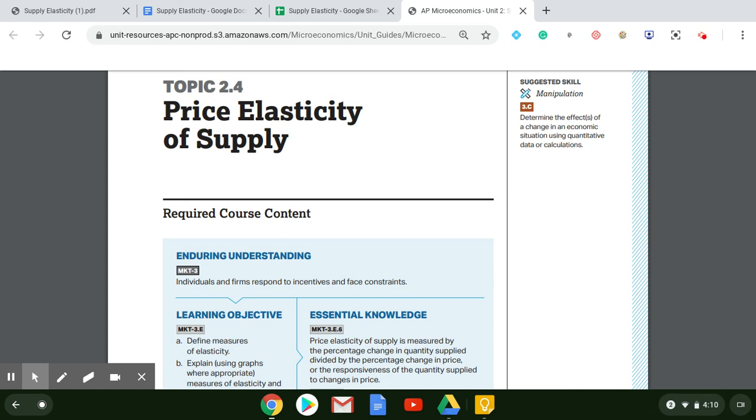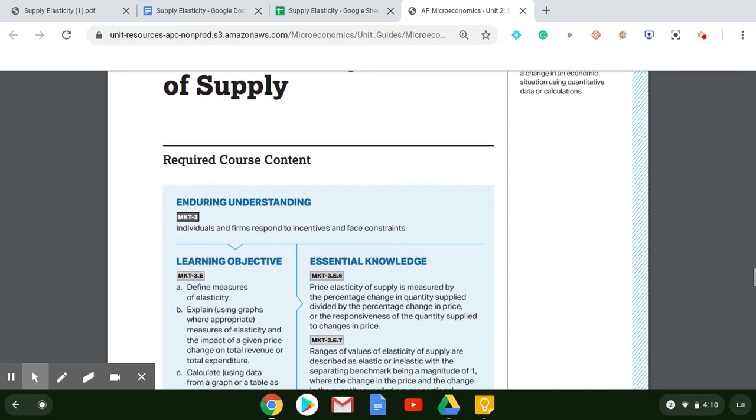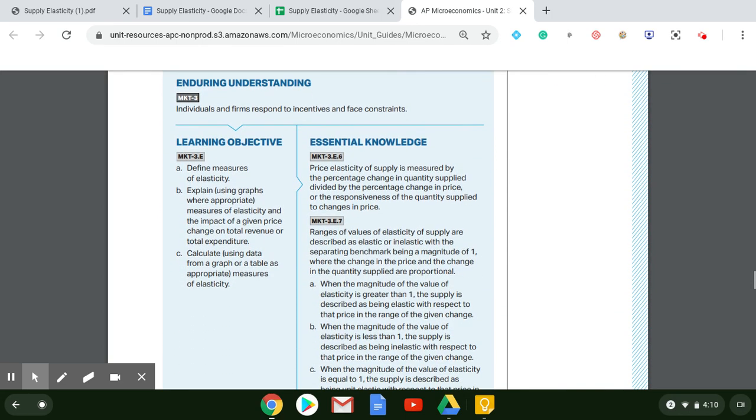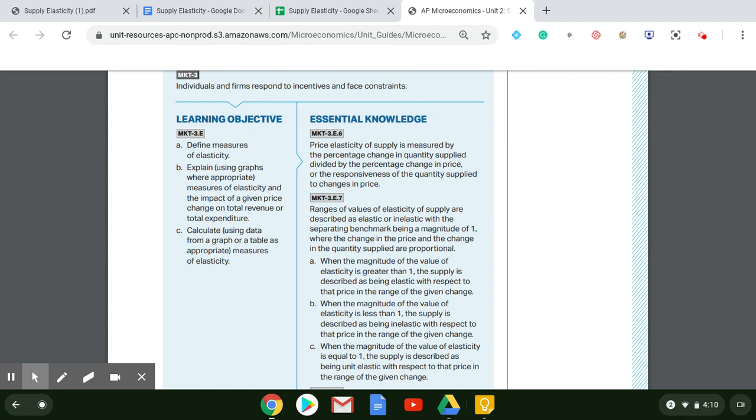We're going to talk about price elasticity of supply. Let's go through some objectives here and some essential knowledge. The learning objectives are much the same as for price elasticity of demand. We're going to define the elasticity, we're going to calculate it. This whole thing about total revenue, we only really talk about that in price